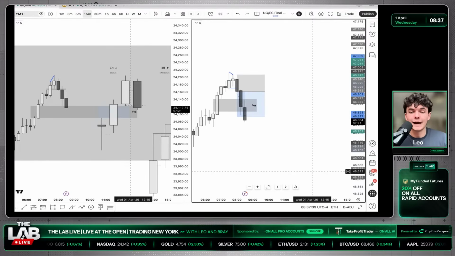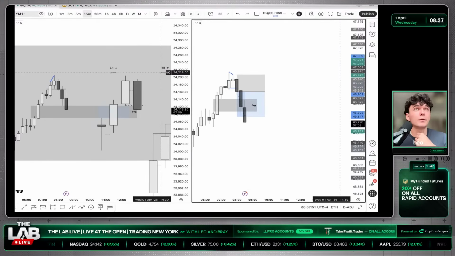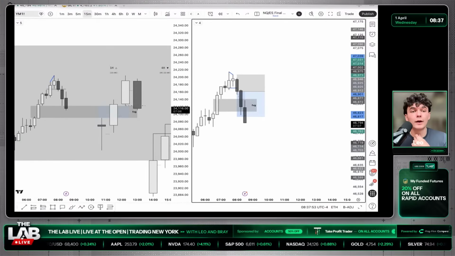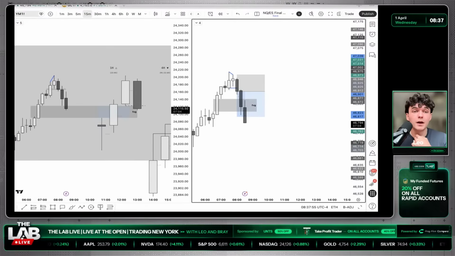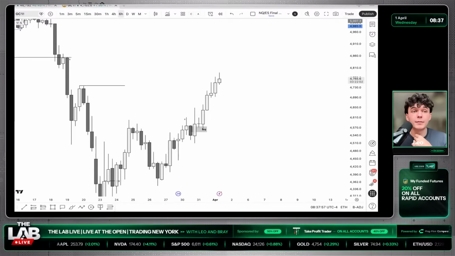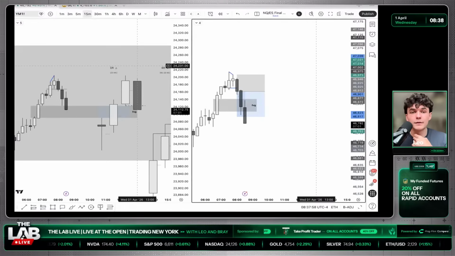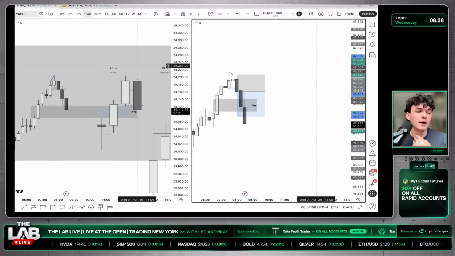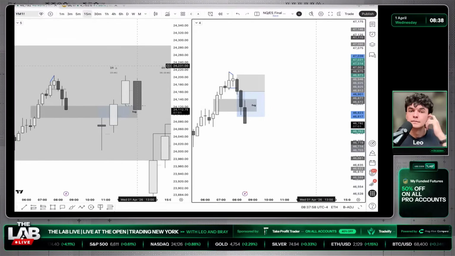Do you still use IB? Yes, I actually still do use IB. I don't use it as a primary analysis, but I do quite enjoy using IB, especially when it comes to options trading. Options have been working really well with IB retracements, so that's been a main trading model of mine recently, to be frank.